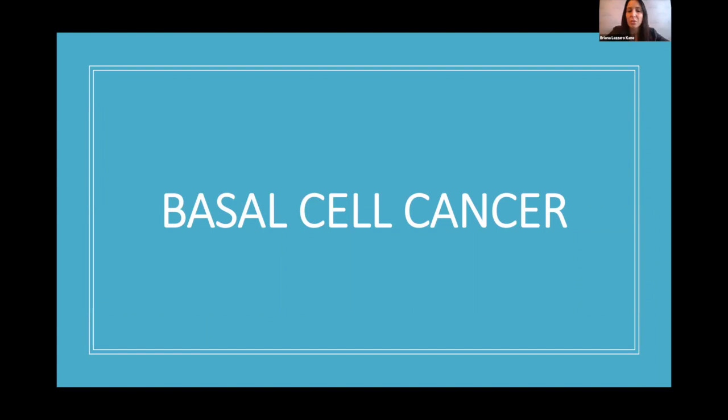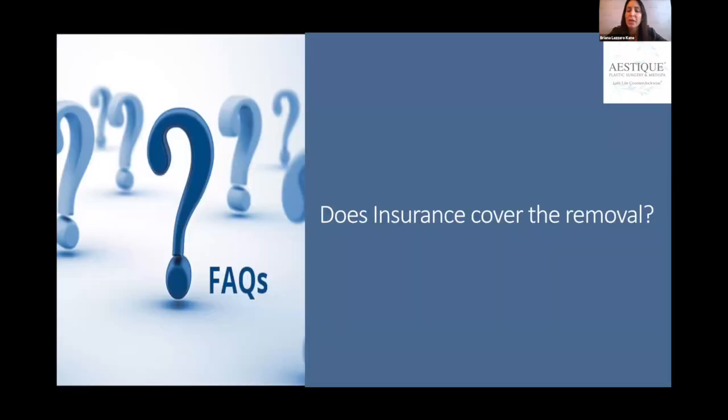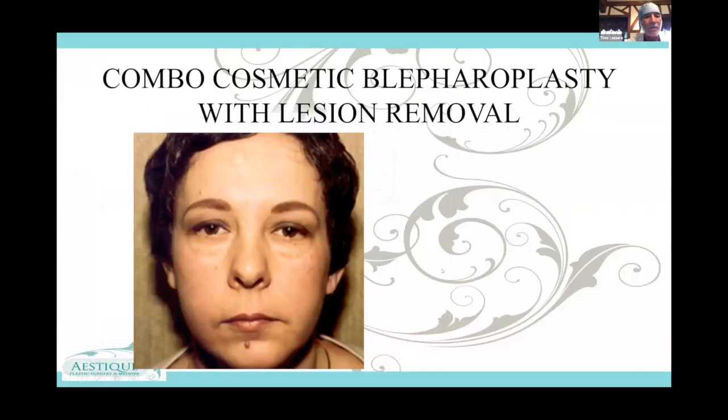Just a question with that. One of the most common questions we get asked is, and I'll kick this to you, Dr. Lazzaro, does insurance cover the removal of these skin lesions? Yes, well, it depends if there are certain criteria, like the lesions are enlarging or changing in color, frequent itching or burning. I can show you an example on this next slide where this young lady came in,